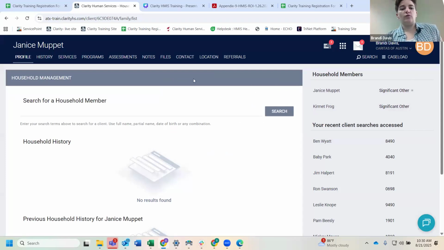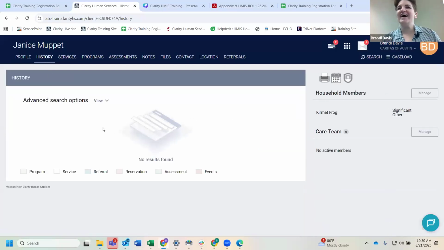Next, before we move into an enrollment, I'm just going to show you all the history tab real quick. Up at the top, right next to your profile tab, you're going to see a tab labeled history. So this is the training site. We just created this client, so we don't have a lot of history here. But in the live site, for your clients that have been part of the homeless response system for a while, you can see a lot of history for the clients. And it will be color coded.